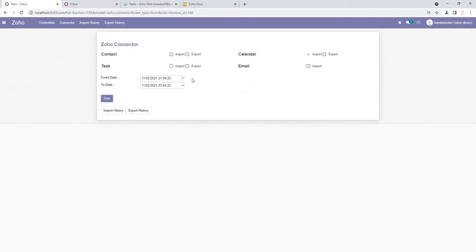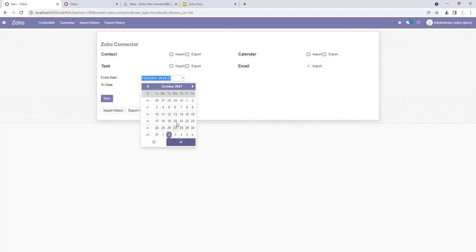Okay, so move to the next service, which is the emails. So here we have only one operation, which is the import operation. Okay, so we just simply click the import emails and we can adjust the time frame, and I simply select the previous month's date, to cover all the emails.